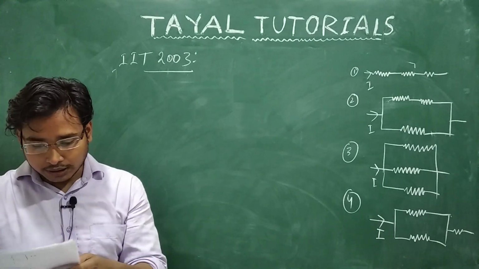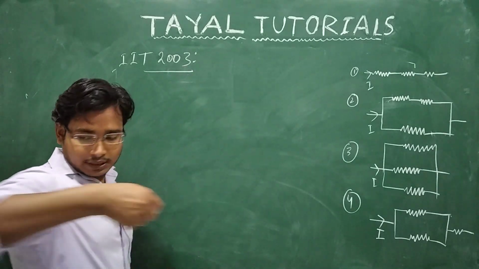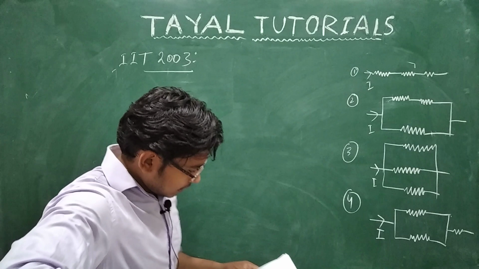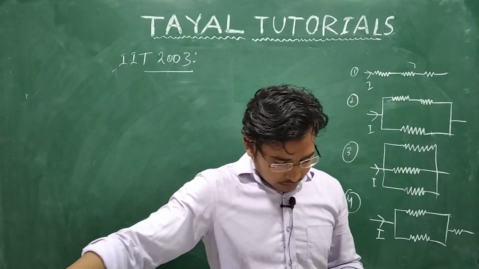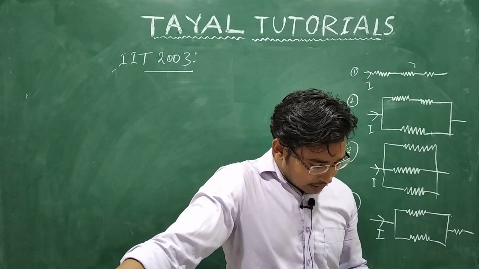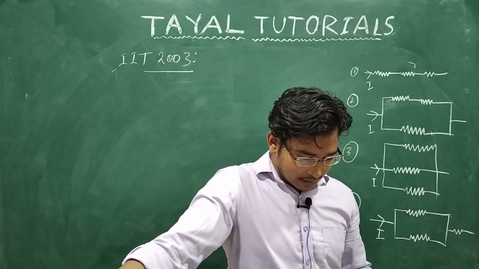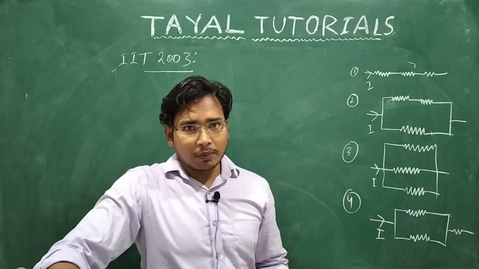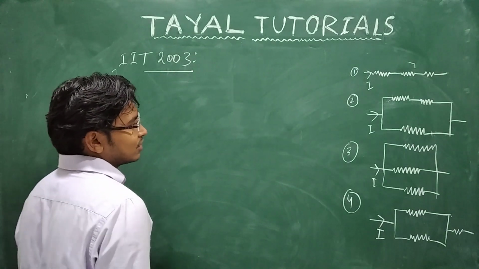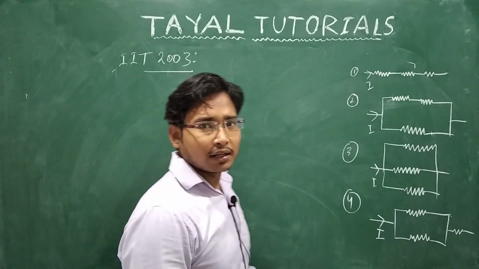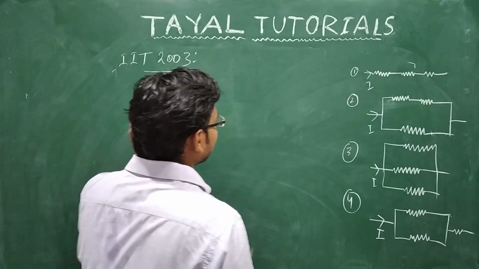Okay, so we have to draw that. Options are given. The first option is 3 is less than 2 is less than 4 is less than 1. B is 2 is less than 3 is less than 4 is less than 1. C is 1 is less than 4 is less than 3 is less than 2, and D is 1 is less than 3 is less than 2 is less than 4. So let's start with the problem. There is nothing more than the series and parallel combination. If you are comfortable with series and parallel combinations, that's a cup of tea for you. That was asked in IIT 2003. Okay, see that.